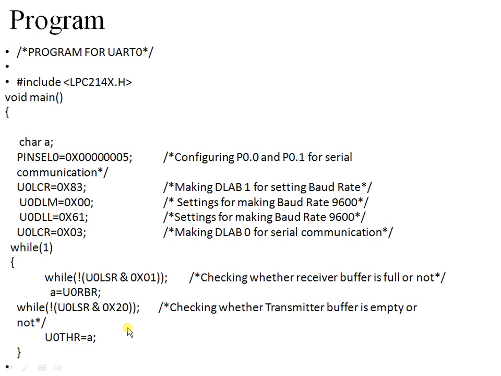So this is how we write programs for UART0 or UART1. The only difference between UART0 and UART1 is that UART1 is provided with some additional signals, like modem signals. But when it comes to UART0, it has been provided only with serial communication pins like TX, RX, and